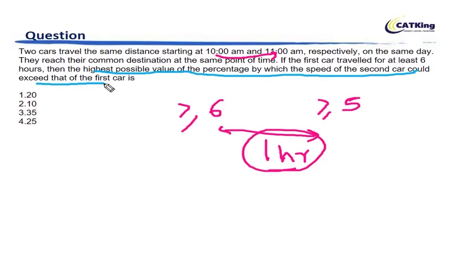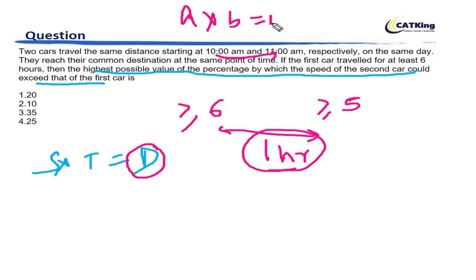Now a very interesting question. Let me teach you a small trick. This trick will basically help you solve this question faster than anybody else in the exam hall. Obviously, if someone is solving as fast as you, they will also know this trick. So what's the trick? The trick is very simple. If speed into time is equal to distance, and distance is a constant, then whenever two variables are multiplied to give a constant,